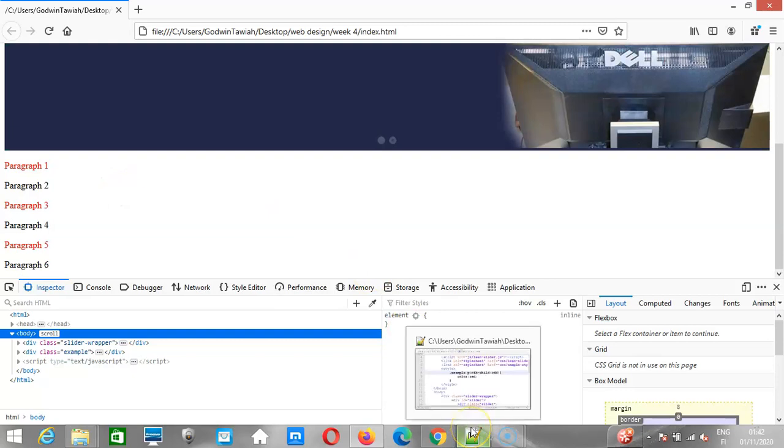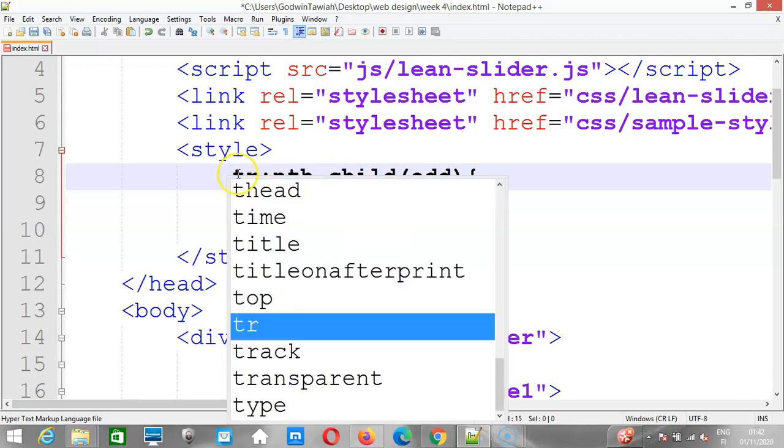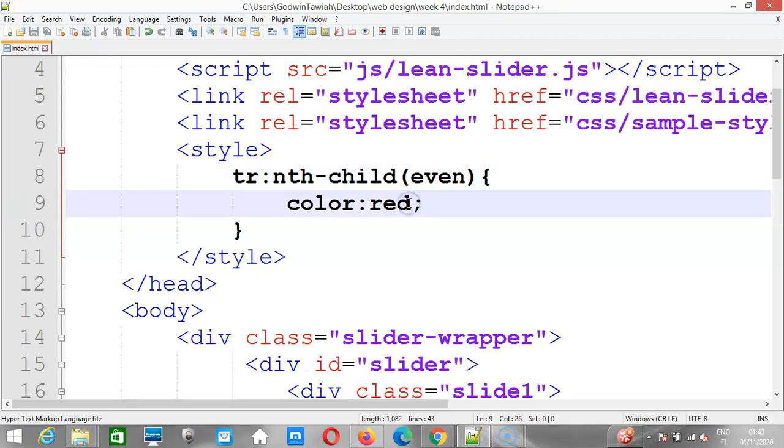So it is based on what you want to do. If you have a table and you want the TR of the even rows to have a particular color, just to differentiate, so that when a person is reading through the table they can tell the rows apart, then you can use these attributes. You can just call TR. So each TR which is even will have a color of red. If you want it to have maybe light gray, like we saw in our week